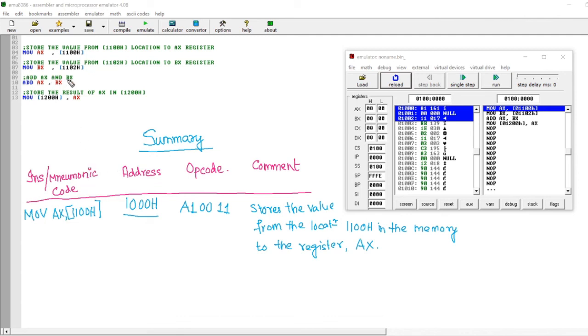Similarly for the next instructions also, we can run the single step and write our respective address, opcode and the comment, that is, what this instruction is doing.